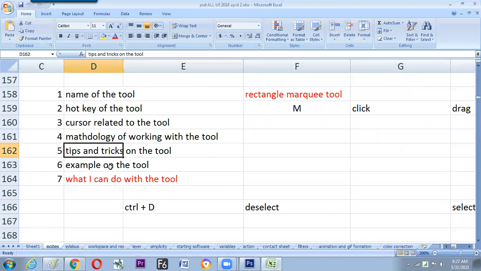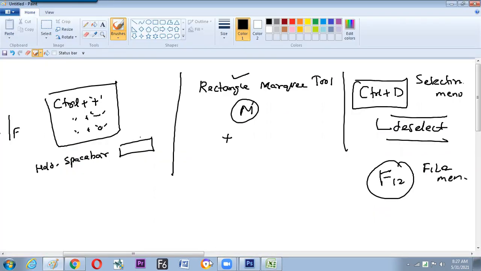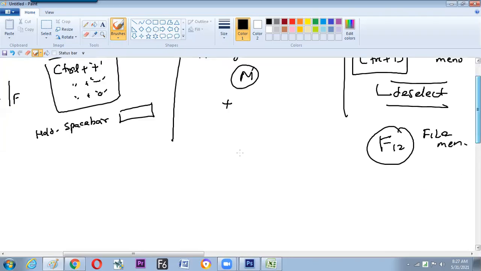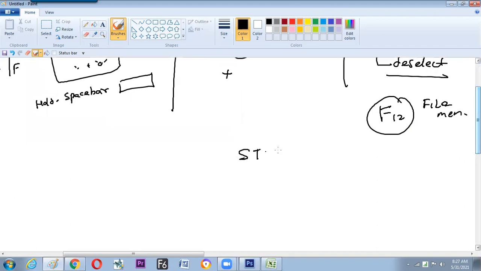So hope we are now on which topic? Tips and tricks on the tool and methodology. Now again back into the same software. We have just learned one of the simple things on screen. What can be done with the selection? What is that thing called? Stroke. Stroke has three properties.